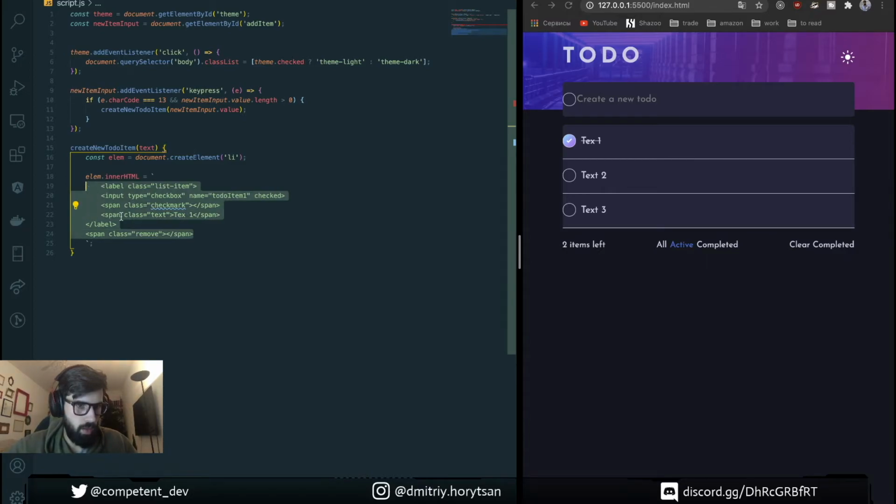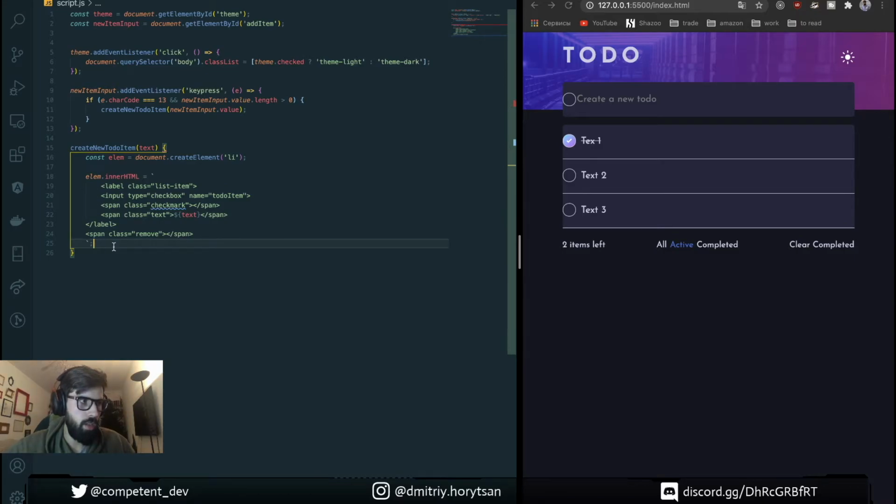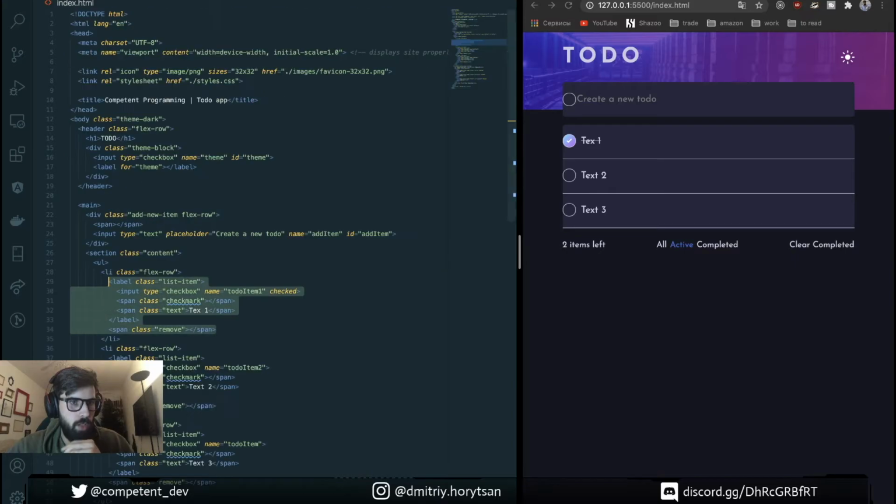Here we're gonna have something like this, and instead of item 1, it's not checked, and text should be our text like this, and then we need to find where we should append it.